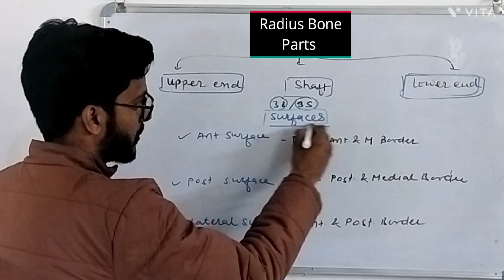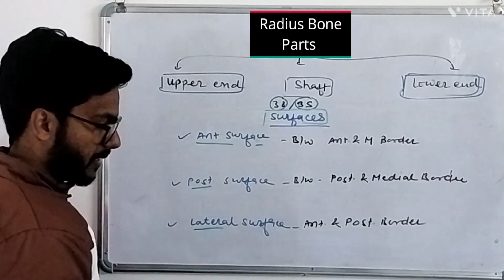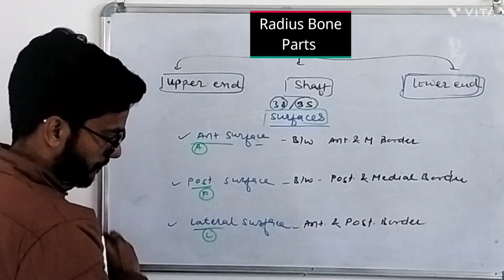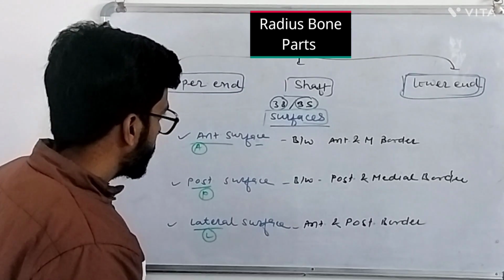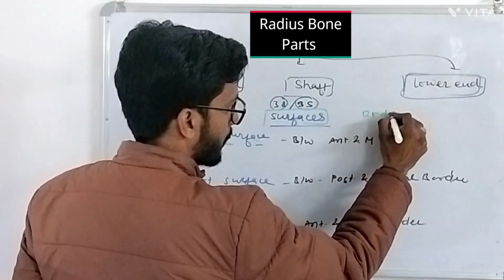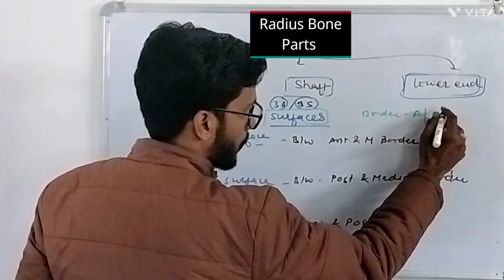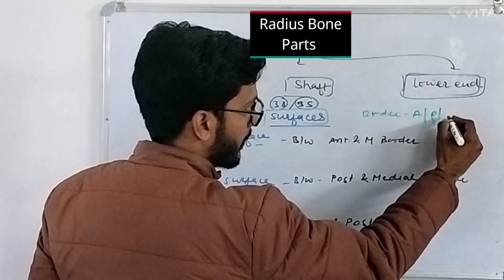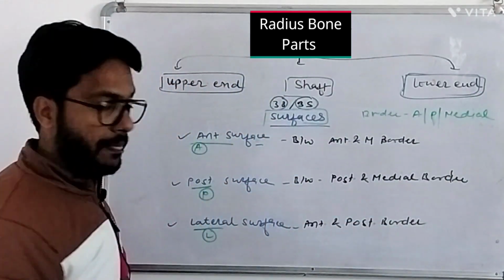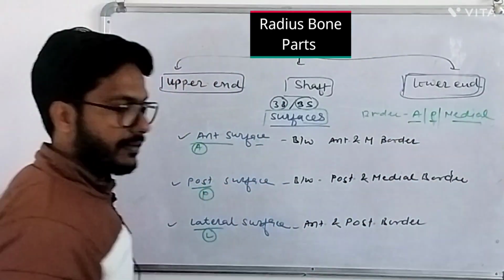तो रेडियस पे आपको 3 सरफेस जो है बेसिकली पाए जाते हैं, एंटीरियर, पोस्टीरियर एंड लेटरल। दिस इज द एंटीरियर, पोस्टीरियर एंड लेटरल। एंड देखिए बेसिकली इंपॉर्टेंट चीज क्या है कि जब हम बॉर्डर्स की बात करते हैं तो हमारे पास वहां 3 बॉर्डर्स रहते हैं, एंटीरियर बॉर्डर, पोस्टीरियर बॉर्डर एंड मीडियल बॉर्डर और इंट्रोसियस। लेकिन जब सरफेस की बात कर रहे हैं तो एंटीरियर है, पोस्टीरियर बट लेटरल सरफेस।